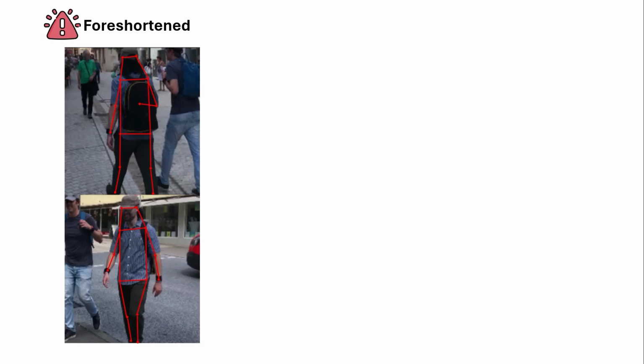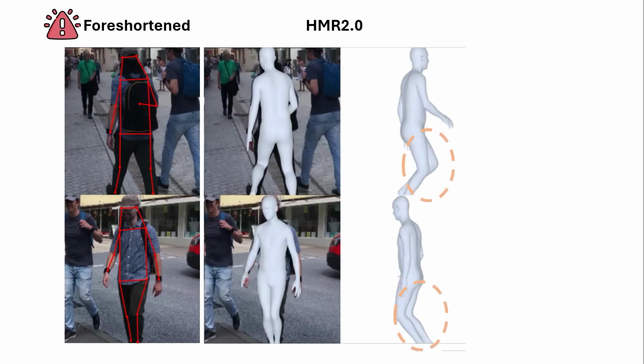But since I'm using a noisy camera model, after the projection it doesn't have the actual intrinsic camera models, so we have a noisy projection. And since the lower body seems to be shorter than what it actually is, it creates an artifact: once we look at the HMR2 output, it seems to be wrong. Like you see that it bends the leg from the knee so as to align it with the image evidence,